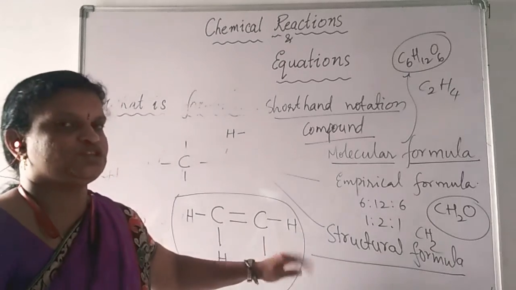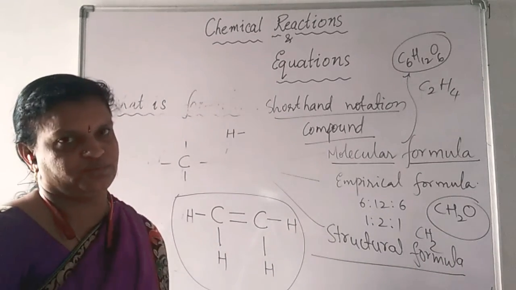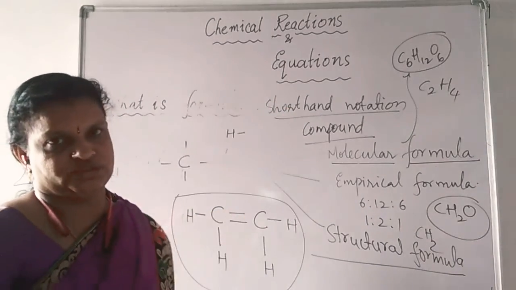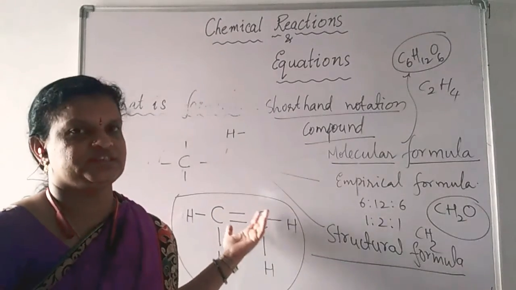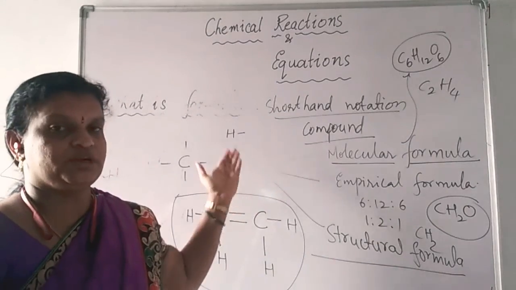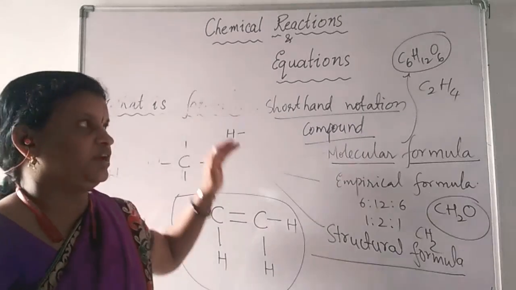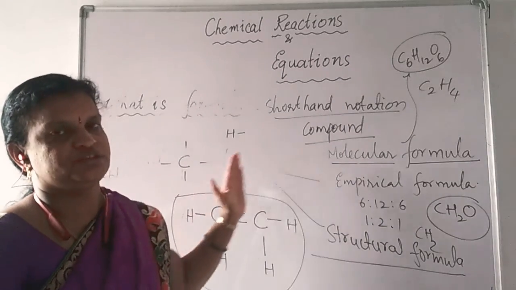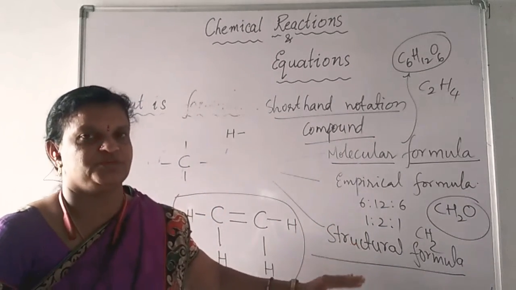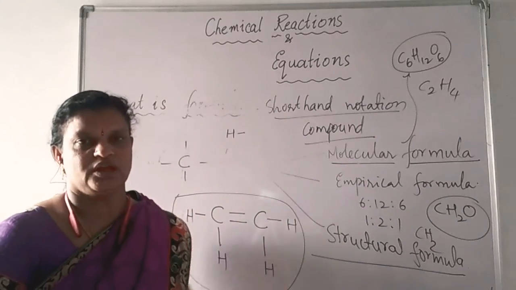Same like that, we can show for other molecules also. If you are taking glucose, there one aldehyde is there, CHO, carbon to oxygen double bond will be there, and remaining carbons will have one side hydrogen, one side hydroxyl group, that is OH. Like that it will be continued.